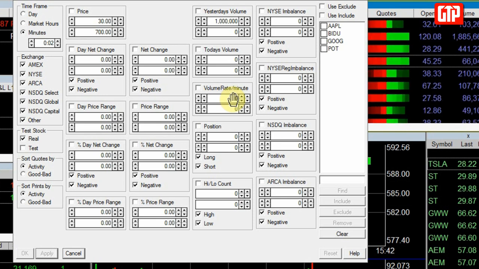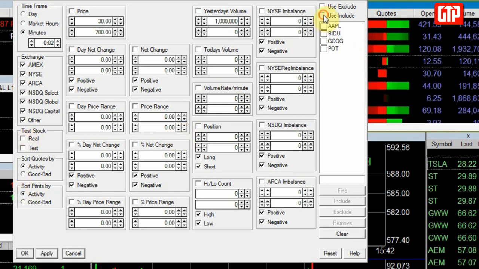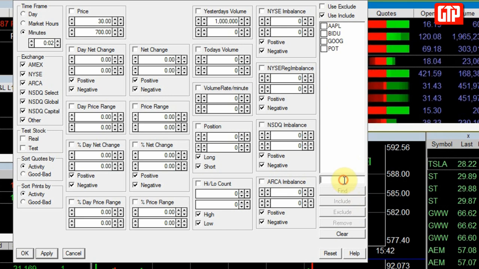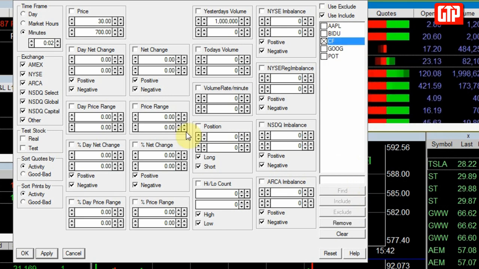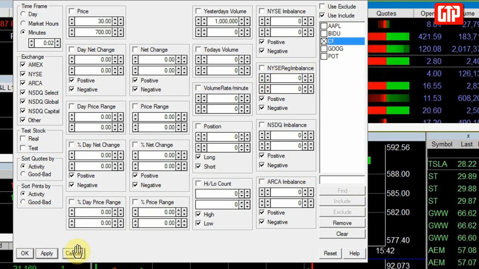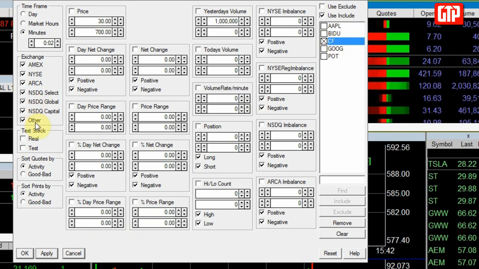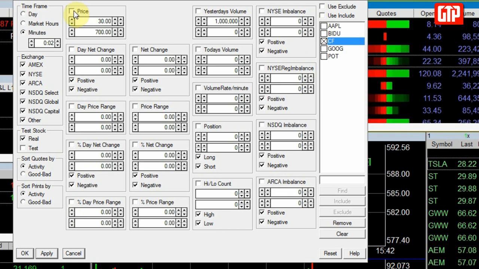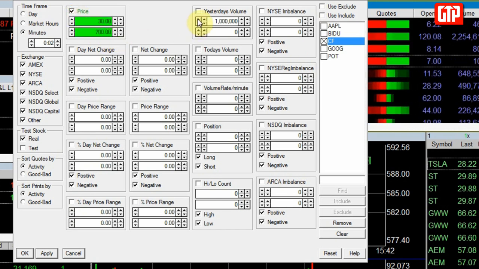everything is in here. You will also use the Market Sorter to create your own custom watch lists. And the way you do that is you get rid of this check mark, check the include, put in the stocks that you wish to see, and that's it. So let's go back now and let's see the power